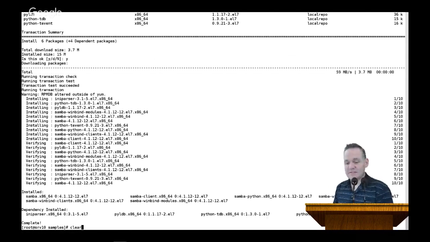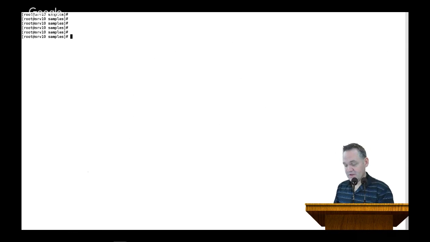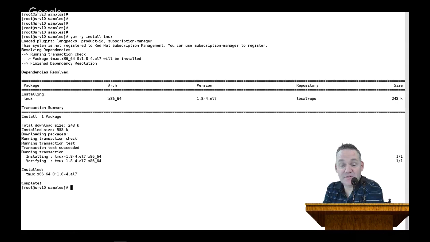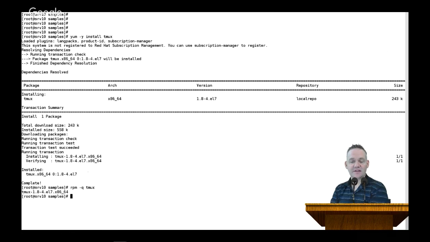So yum's very easy to use. The syntax for using yum is going to be yum install if I want to install a package. Now, a lot of people will do yum -y, and that just says answer yes to any of the questions. So you don't get that prompt after it goes out and collects the information from the repository. But I can say yum -y install tmux, and that will install the tmux package. Now, notice it just installed it. Now, if I do an rpm -q for tmux, we'll see that tmux version 1.8 is now currently